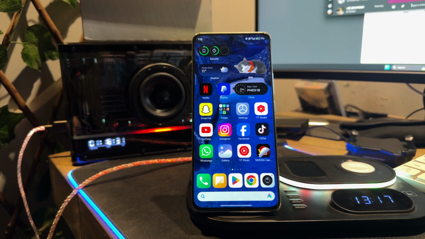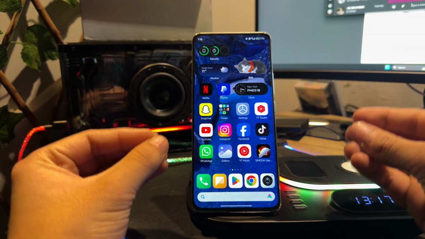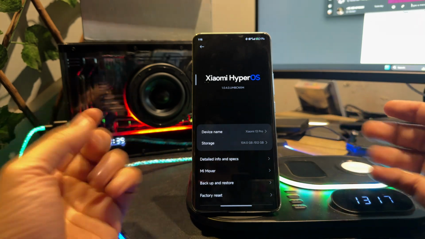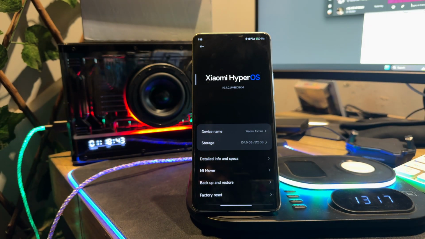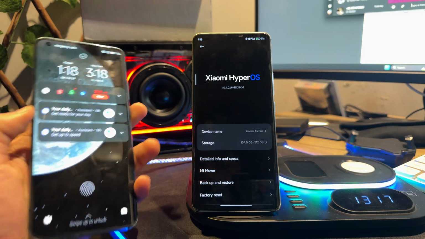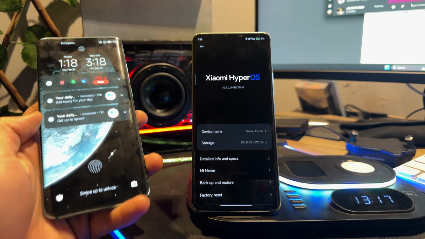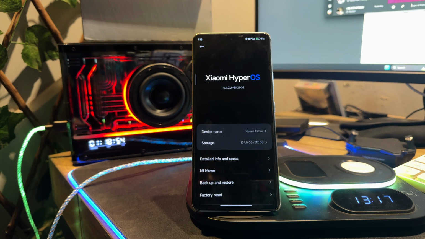This is Tech Daud and today we have a great phone, which is the Xiaomi 13 Pro. Yeah, finally we got this phone and this phone is in my hand. We can make many comparisons with the latest Xiaomi 14, with the older Xiaomi Mi 10, and also with MIUI 14. But right now we are going to see all the information and all the options included in